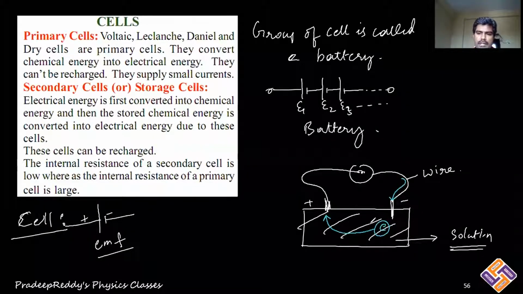Internally within the solution, one electron is dragged by the positive terminal, and as there is a deficiency, the negative terminal drags one electron from the wire. So this process continues. One electron comes from here and one electron is pulled from there. So overall, within this wire, the number of electrons remains the same.